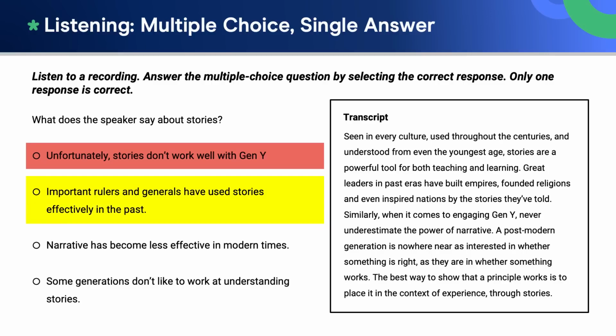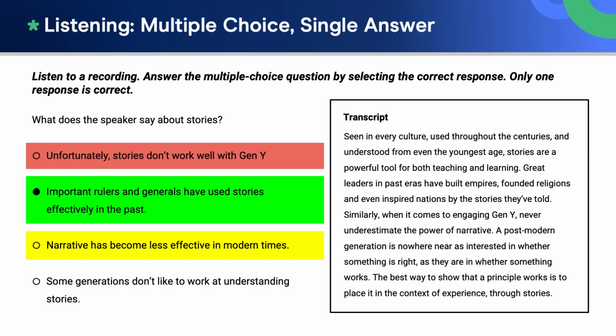So option 2 is, important rulers and generals have used stories effectively in the past. Here the recording says, great leaders in past eras have built empires, founded religions, and even inspired nations by the stories they've told. Leaders can refer to rulers and generals, and it says they use stories effectively. The audio says the leaders have done good things using stories. These meanings match. This option is correct. So we've found the one correct answer, but we should still make sure it's correct by checking and eliminating all